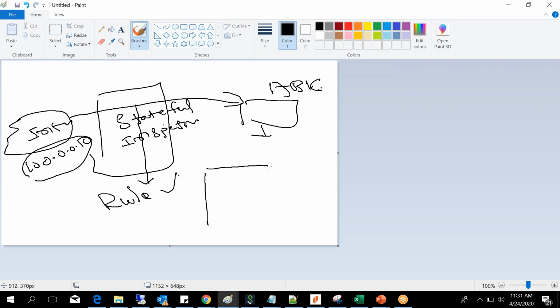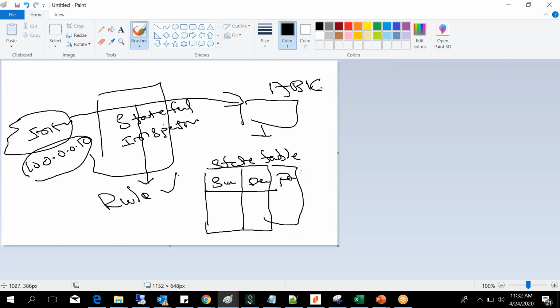Let's say 100.0.0.10 is authorized to access, so allow this. And what happens once it is allowed is that a state table automatically creates an entry: source IP address, destination IP address, port number, and everything will be stored here. The source IP address is 100.0.0.10, and the IP address being accessed is something like 10.0.0.1.